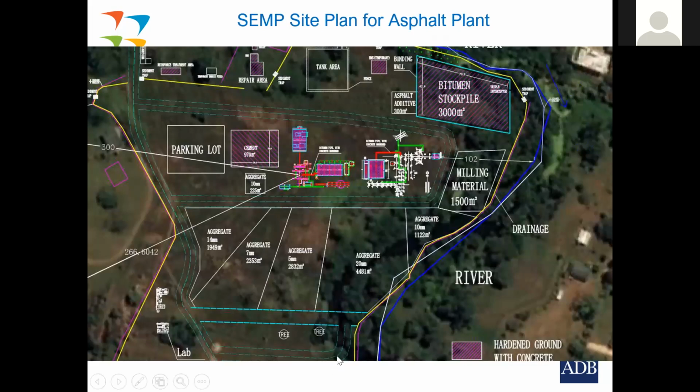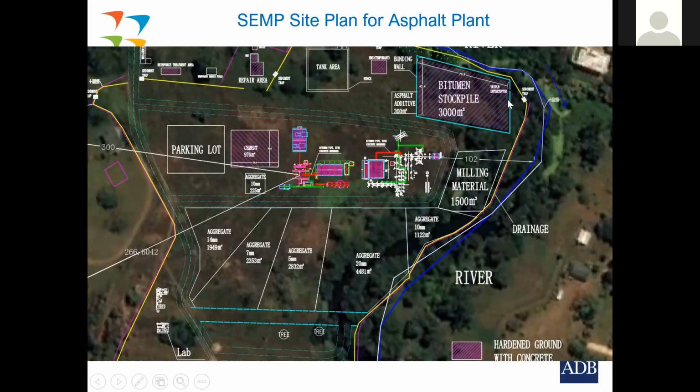So here, for example, this is his asphalt plan, his site-specific plan for the asphalt plant. The yellow line here is a drainage channel on the edge. The blue is the river on the edge of the site. And this is a drainage ditch that was constructed around here. He's located where his bitumen stockpile is, with a bunding wall around that to prevent any overflow